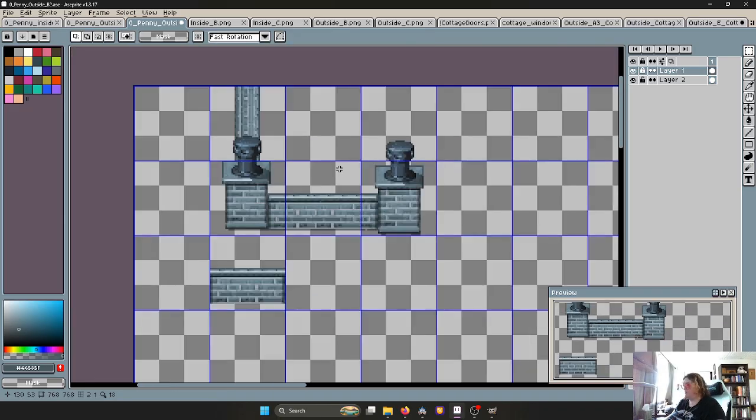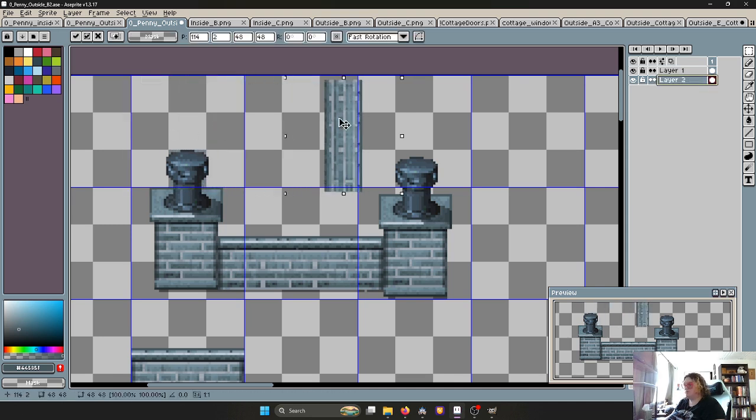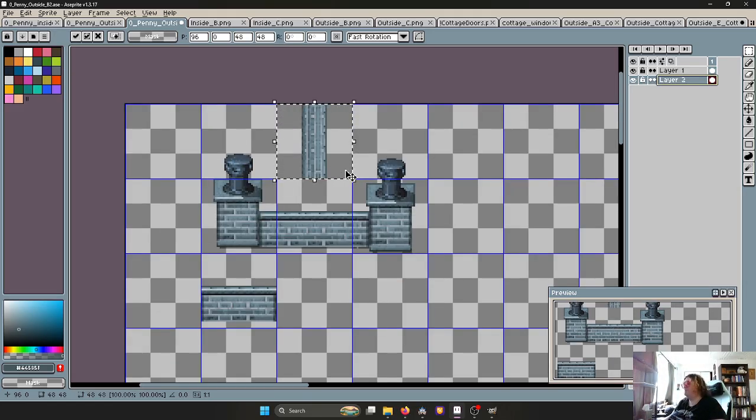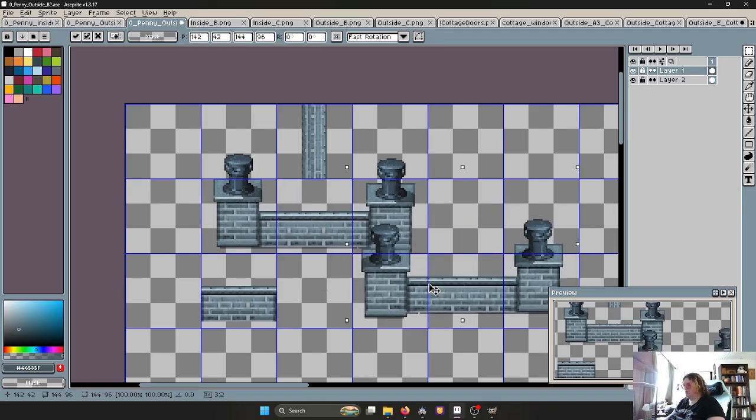Yeah. Okay. And then in layer 2, we move this. Yep, there we go. That looks great. So there is our pole. And then you have to decide if you want to have the reverse or not, and I do actually recommend it. So if you do want that, you're just going to grab a hold of this entire thing, and then Shift H it, and then